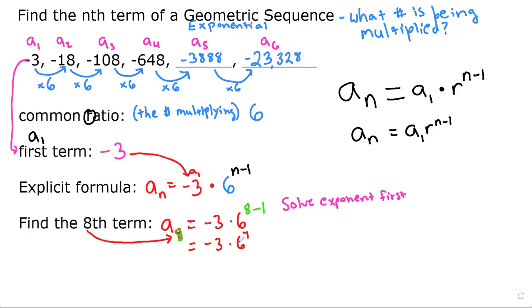Now can we multiply -3 times 6? No, we can't multiply -3 times 6. We have to do 6 to the 7th power. So I'm going to put that in my calculator. Let's change color so we could do it. So calculator, you have to use something called the caret button. And so I'm going to put in the calculator 6 caret 7. I did not mean to do 6, 7. That's okay. So 6 caret 7, if you put that in the calculator, it's going to be